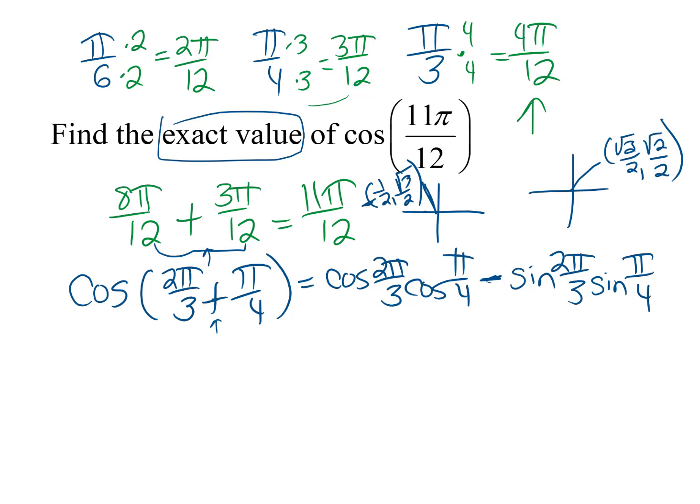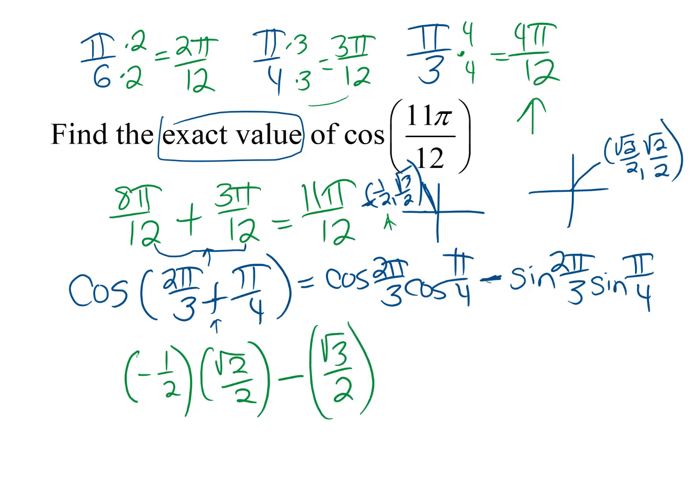So let's go ahead and put in the pieces. Cosine of 2 pi thirds is the x value here at 2 pi thirds, that's negative 1/2. Cosine of pi fourths, that's square root 2 over 2. Minus sine of 2 pi thirds is the y value at 2 pi thirds, so that's square root 3 over 2, and that needs to be multiplied by the sine of pi fourths, which is square root 2 over